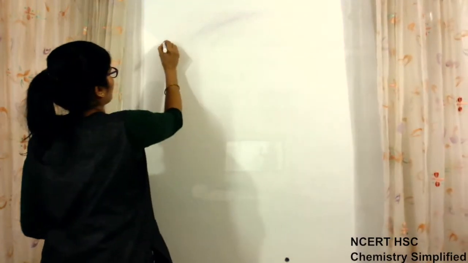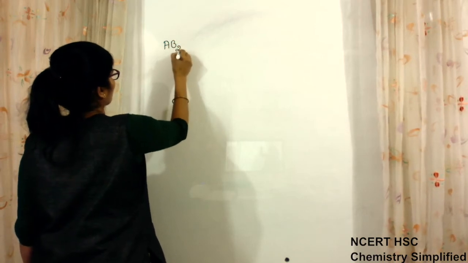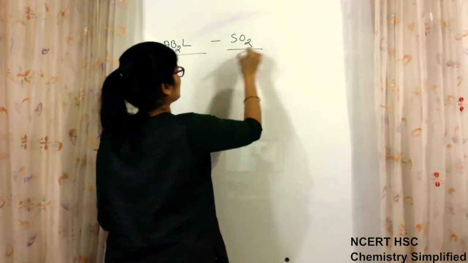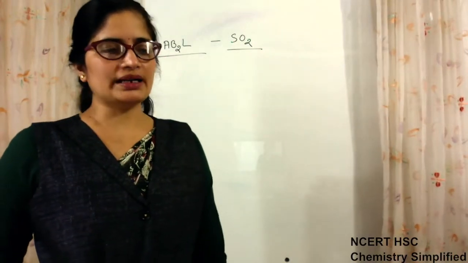So by now we have discussed the structures of various molecules according to VSEPR theory, and the structures which we have discussed are the structures which have regular geometry without presence of lone pairs. Now in the last class we have started with the structure of certain molecules which have one lone pair, and the type of molecule we had written AB2L type of molecule. Example for it we have taken SO2. Okay, and the geometry of this molecule we had discussed that it becomes bent shaped.